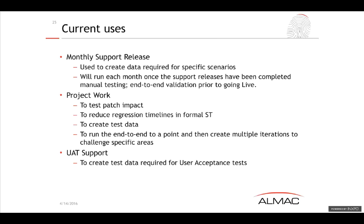It also allows us to run end-to-end throughout the system in the projects to make sure that if we make a change in distribution, we can see how that impacts finance. How does a change against the project impact manufacturing? It allows us, as I say, to ramp up the iterations. It allows us to ramp up the amount of data that we can push through, and allows us to challenge